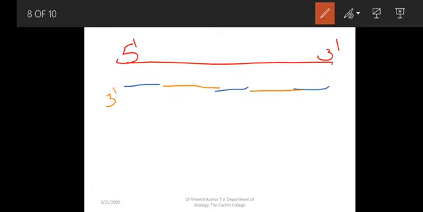This is the 3' end, and this is the 5' end. After the Okazaki fragments are completely synthesized, all these primers, this is primer 1, this is primer 2, and this is primer 3,